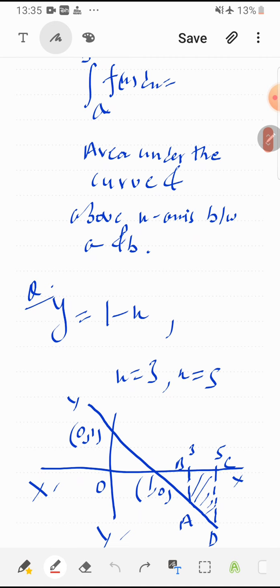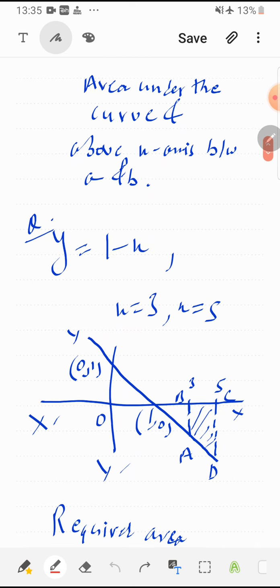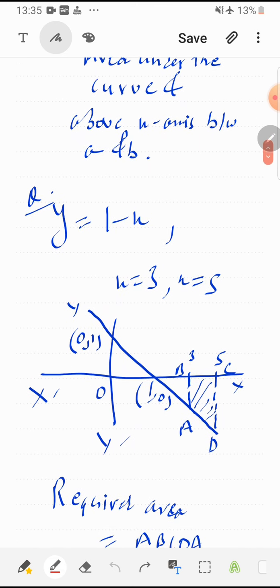So first let us see one example. For y is equal to 1 minus x, find the area from x is equal to 3 to x is equal to 5. So it's a straight line because it's linear equation in two variables, so we can easily draw its graph. Now this is a rough sketch. Rough sketch means we don't need scale or compass or graph paper to draw this, but this doesn't mean we should take this very casually, because its marks are there and we have to properly label it. We have to be very particular about this diagram, like about quadrant.